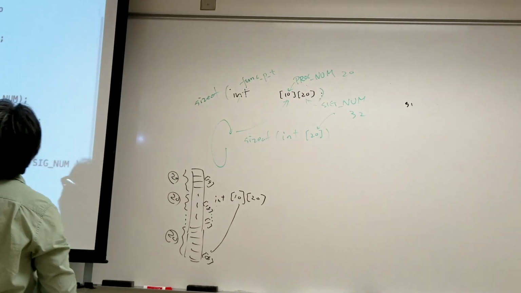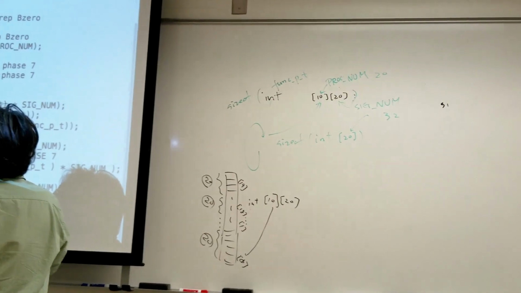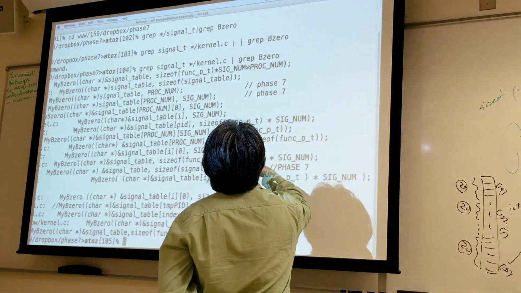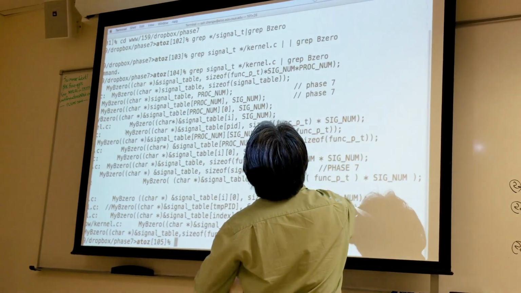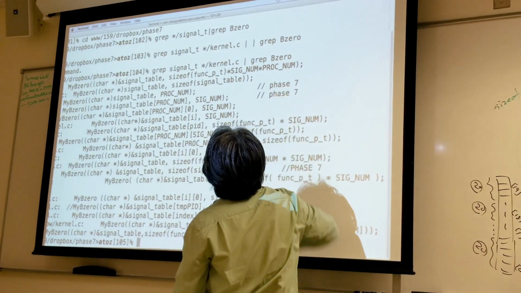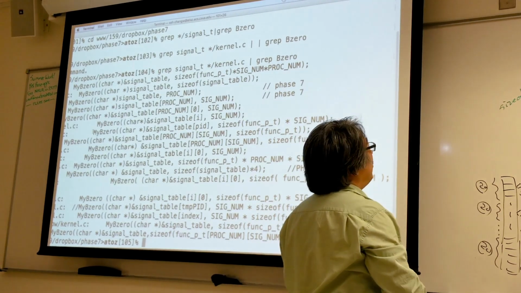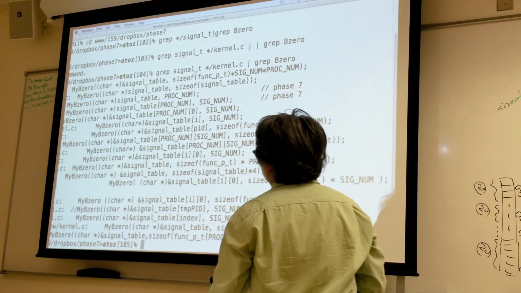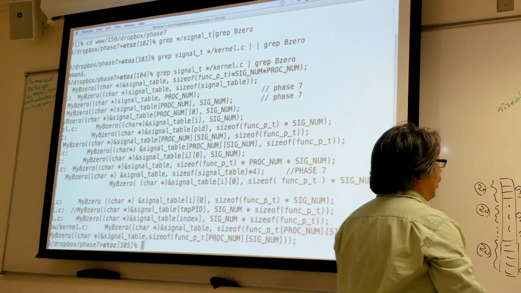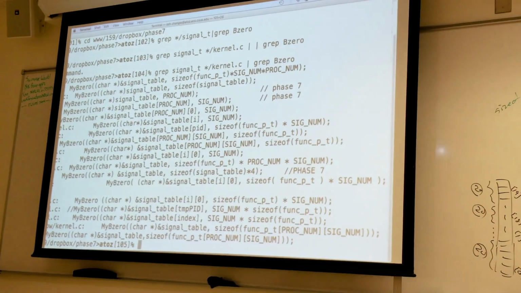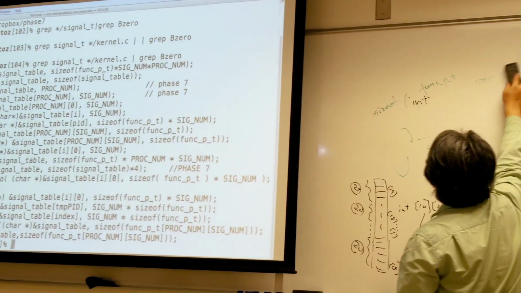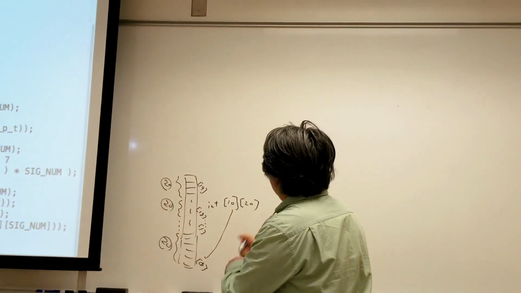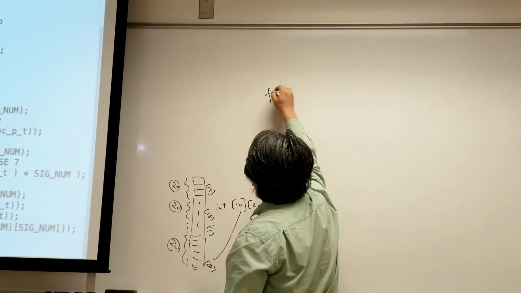If you have individual function pointers as signals, then you may have something that looks like this. That means it may not be an array, so they shouldn't be at the same address. And it will work if you declare them globally, like our signal table. So if you declare them as function pointers,